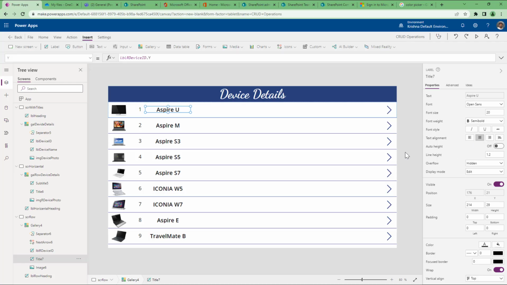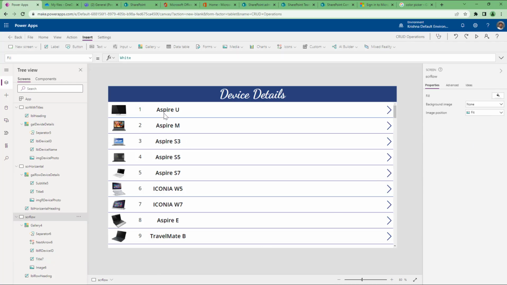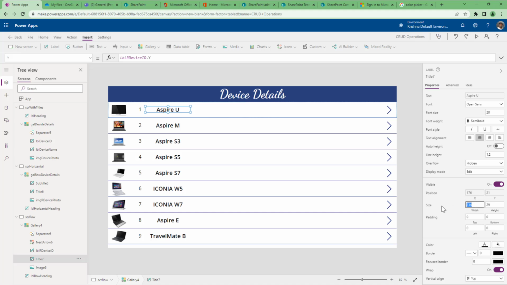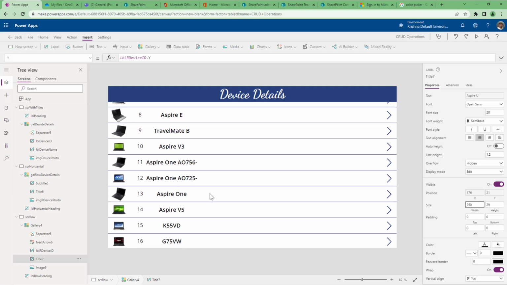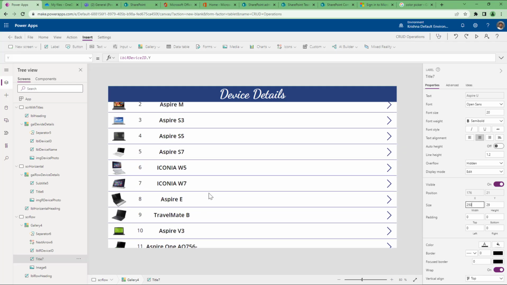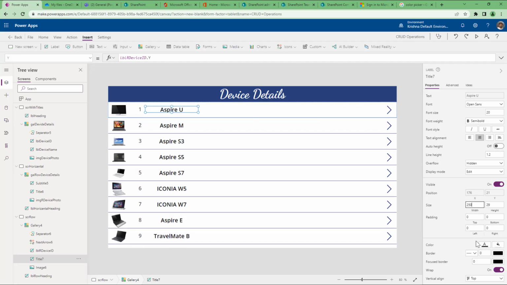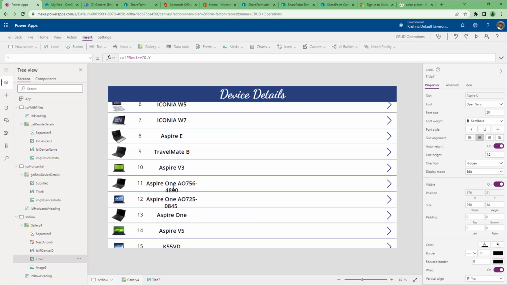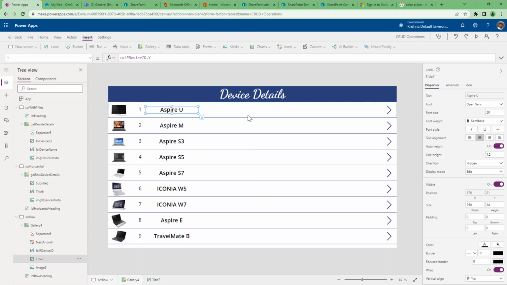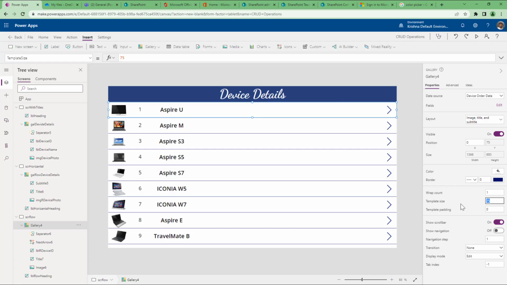Just say center align, it automatically gets center aligned, and just increase the width of that probably to 250 pixel, so that if you have a long name it will also fit in. But if you notice here, the name of this device is trimmed out. If you don't want to lose that, you can always set that label to auto height. When you set auto height, the text will automatically wrap into the next line, but it is running out of that. So what you could do is select the row and increase the height of the row,